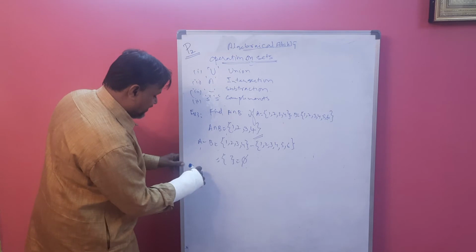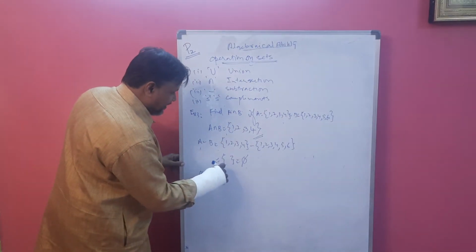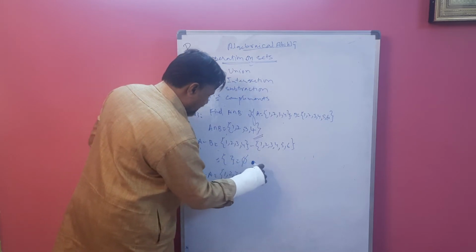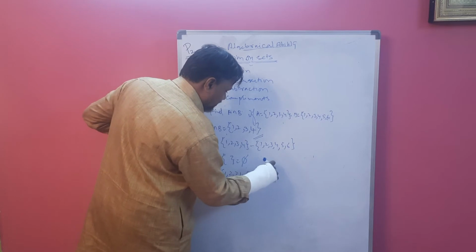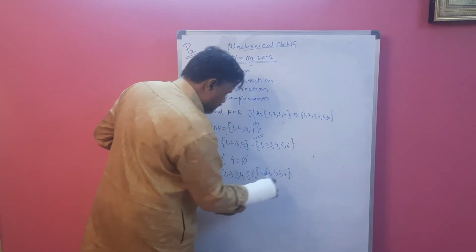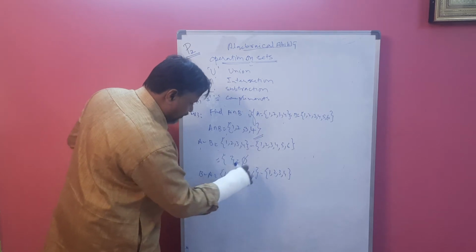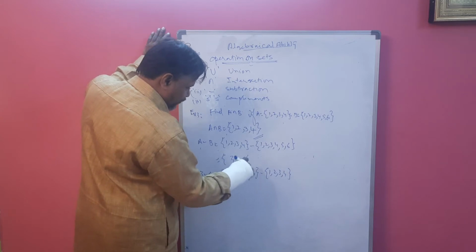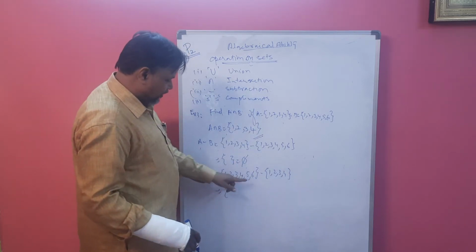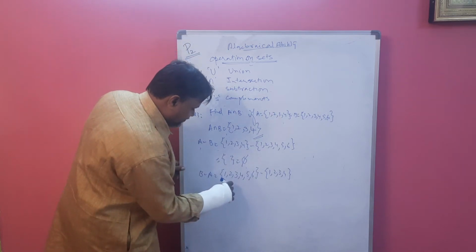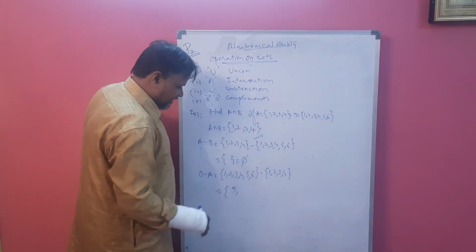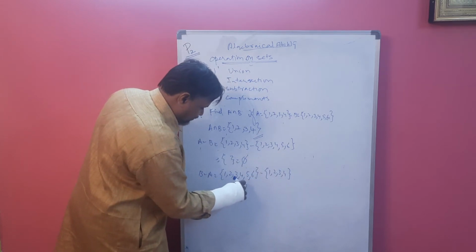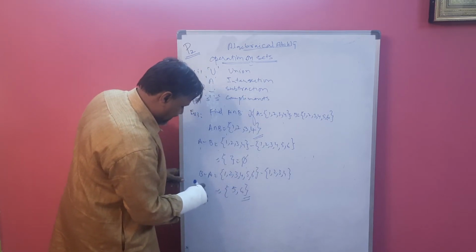Suppose B minus A, if you take, what happened? Just see. 1, 2, 3, 4, 5, 6 minus A. A is what? 1, 2, 3, 4. Here we will get that 1 gone. Yes, there is no need to write. 2 is there, gone. 3 is there, gone. 4 is there, gone. 5 belongs to B. But 5 is not there in A. So this will be left out. So we have to write. 6 not there in A. So 6 we left. So we have to write here. So this is our B minus A.